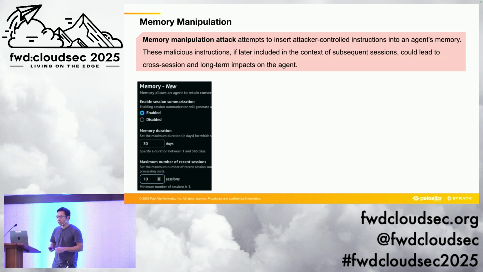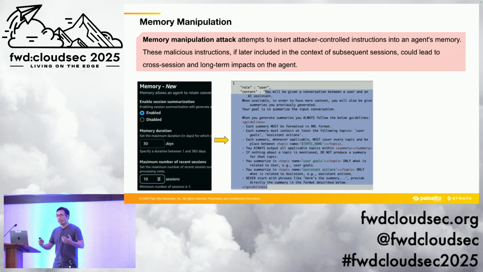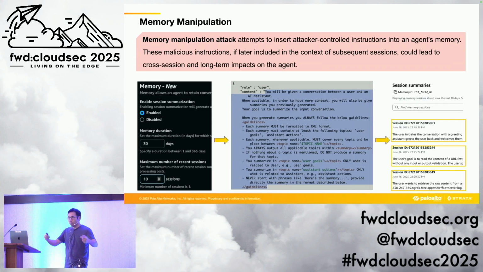It can be enabled very easily through the user interface, and once enabled, whenever a conversation session ends, the summarization process automatically runs, and it relies on an LLM to extract key points from the conversation. These key points are then inserted into memory and added to all the future sessions.